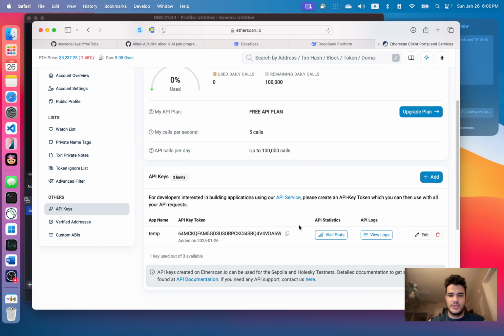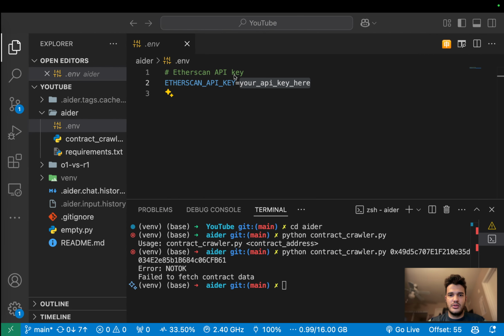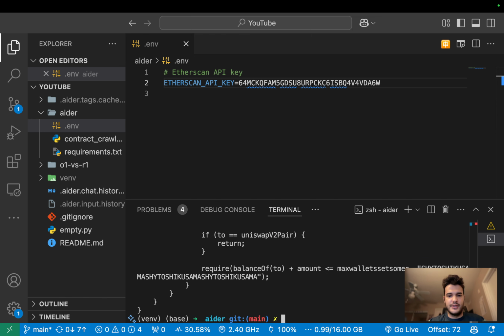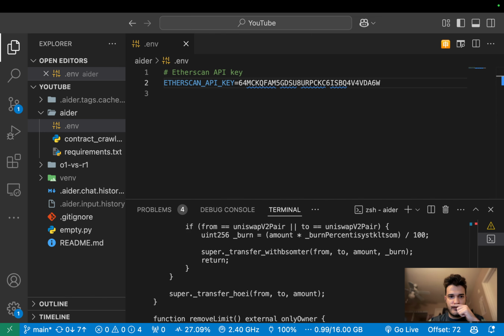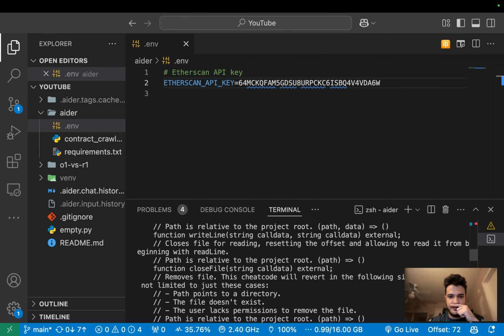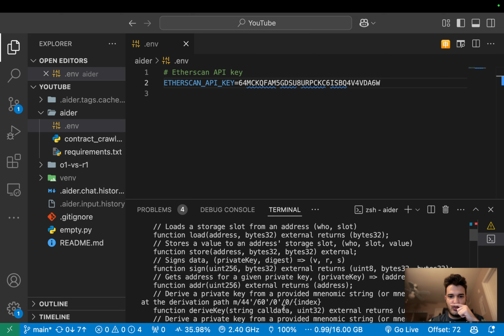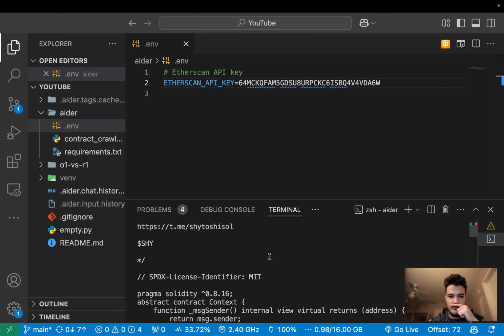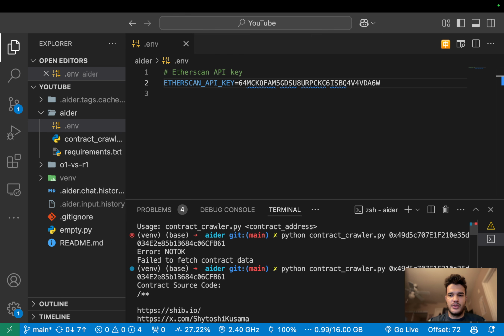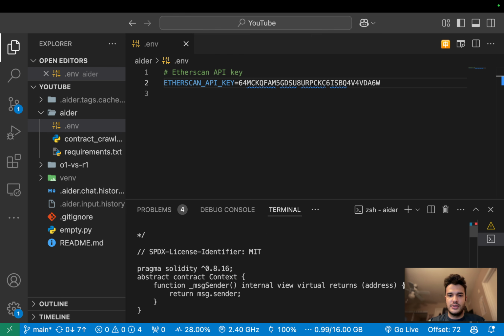Okay, I can use this temporary API key here and run this. Okay, so it crawls,